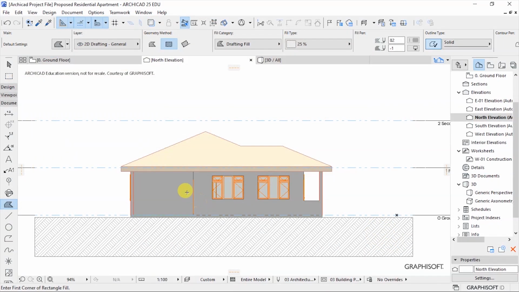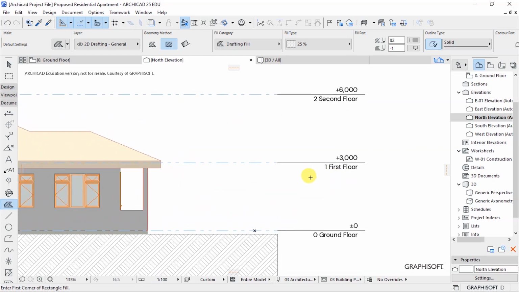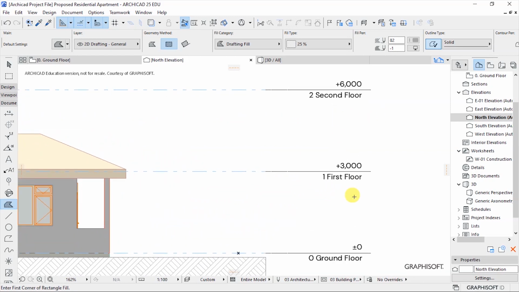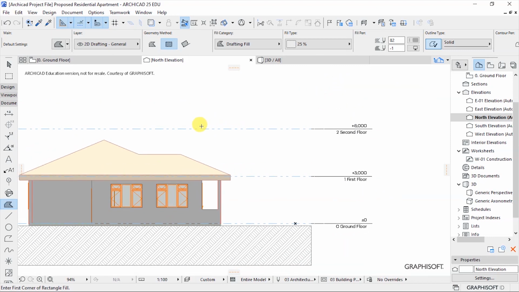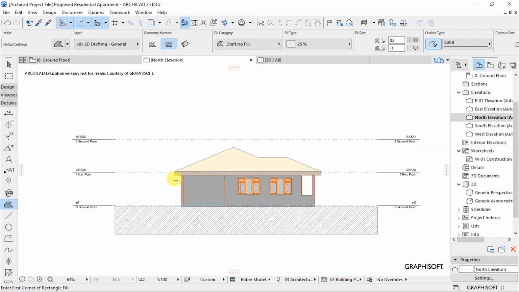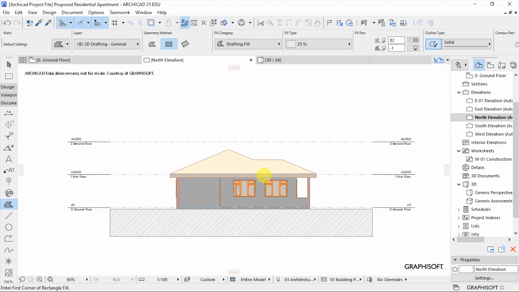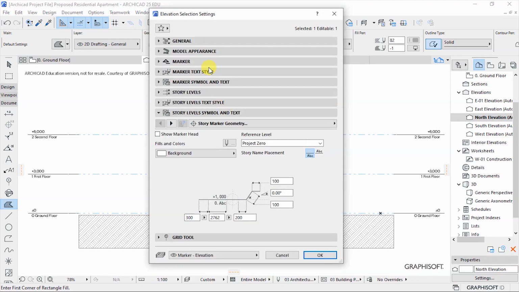Notice there has not been so much changes, but these are the customizations that we are trying to put in place. As you can see, initially, this was not like that. It has changed. You have this line as double dotted like that, and that looks well. So we can also choose to go back again in the elevation settings, and this time we are going to